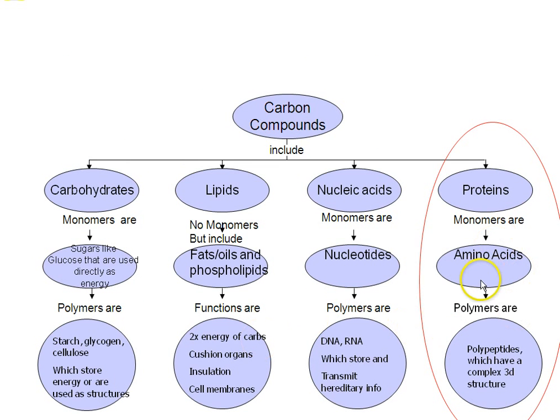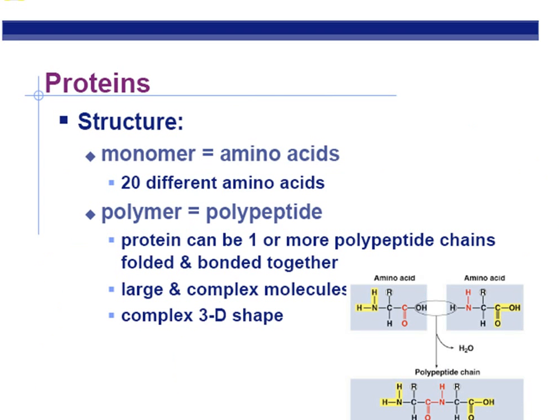Proteins, monomers are the amino acids. Polymers include polypeptides, which have a complex three-dimensional structure. They're very, very diverse as far as their role in living systems. The most important role of proteins would be as enzymes. Enzymes bring things together or break things apart during chemical reactions by lowering activation energy. Other roles for proteins include things like